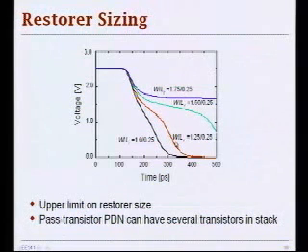I'm discharging my cap through a transistor. It's acting like a current source, which is what transistors are. So approximately you have constant current discharging until you reach the exponential part again. You go into triode. So this pretty much sets a limit on the restorer size. You should be able to pull it down, and it actually becomes worse if you have several transistors in the stack. As we saw in our example earlier,